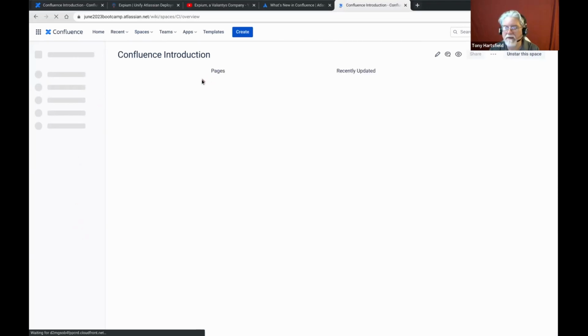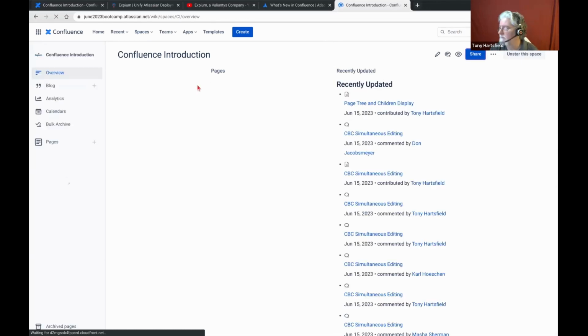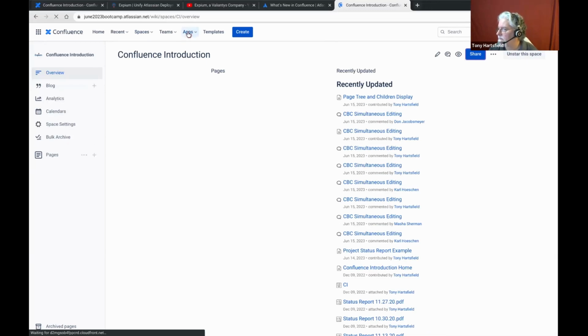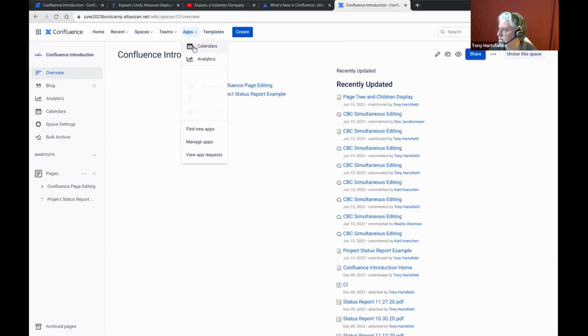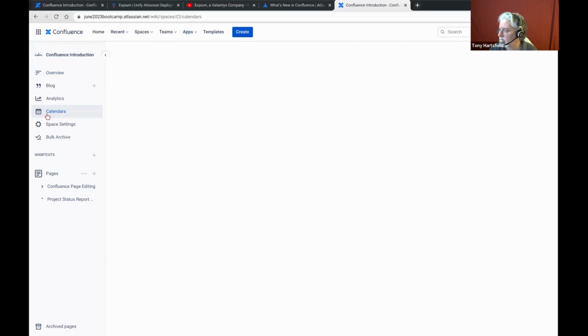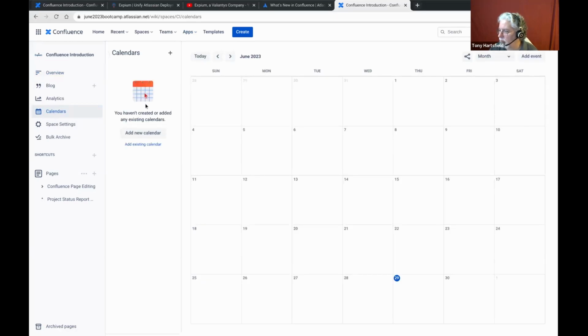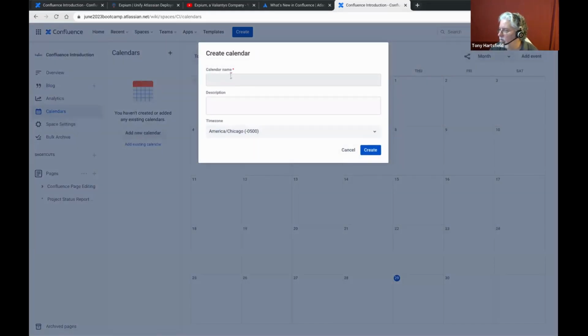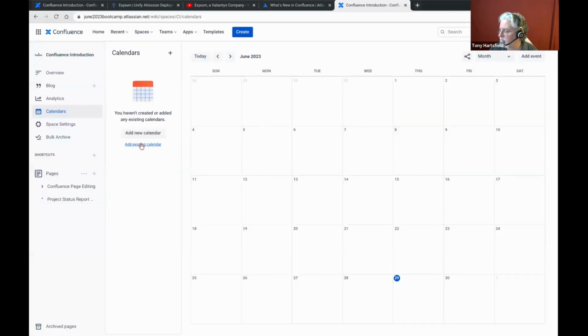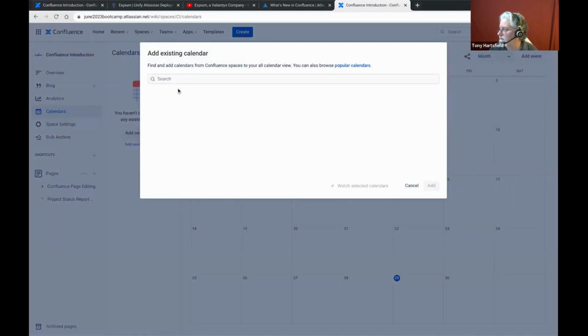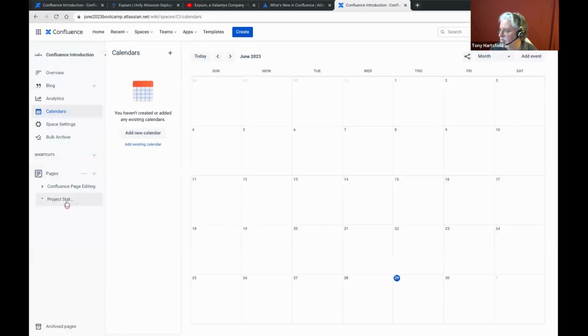So first off, you do have to have the premium licenses if you're going to use the calendar feature in Confluence. And it's under apps, where you have the ability to access calendars and analytics. But here is the calendar here. And then you simply would add a new calendar, and you would give it a name. Or if you add an existing calendar, if it's a link to other calendars, you can browse the calendars, or you can get a link to it and place it in there. And then the end result is going to be something like,